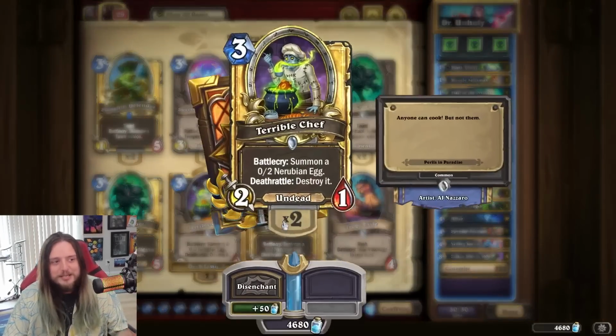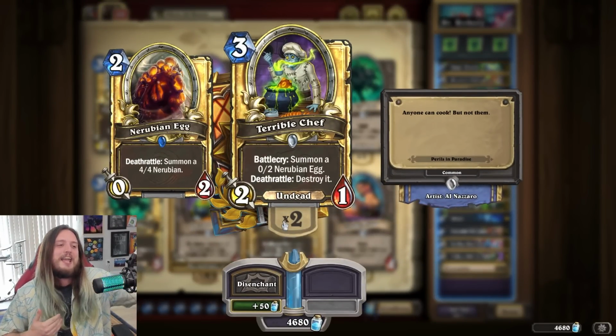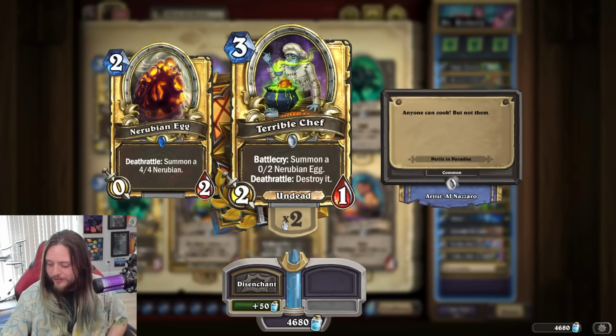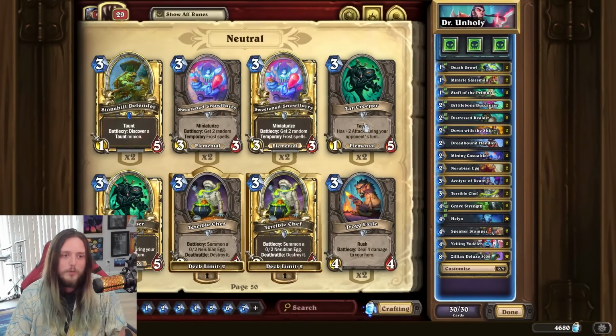And Hearthstone really tried. They really tried to bring back the egg with cards like Terrible Chef, to where it's like an egg, but now you kill this minion and you get the 4/4 from it. So I think that's a really funny idea, but unfortunately,